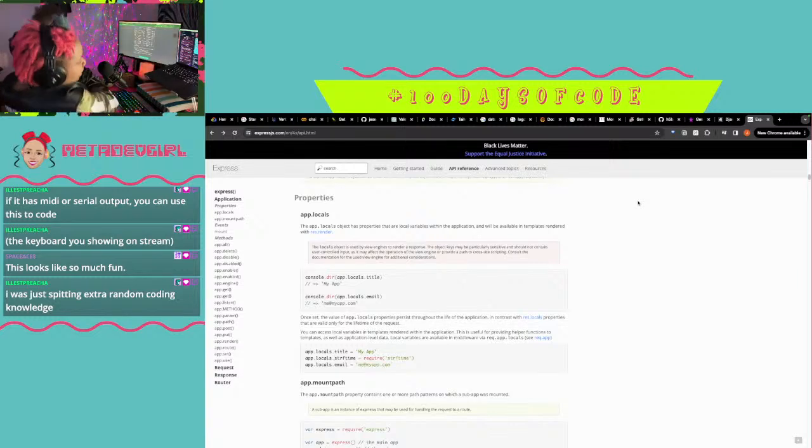Oh. Just spitting extra random coding knowledge. If it has a MIDI or serial port, you can use this. Yeah, I think. Well, the Lumi is Bluetooth, I want to say.